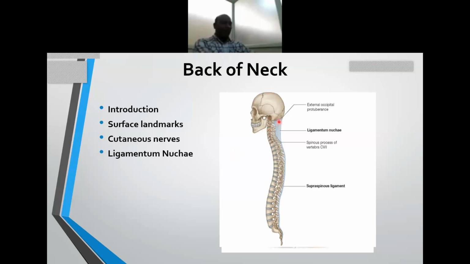Okay, this ligamentum nuchae has a lot of elastic fibers along with bundles of collagen fibers. So that is why, with the least expense of energy, it can maintain the position of the head. Okay,